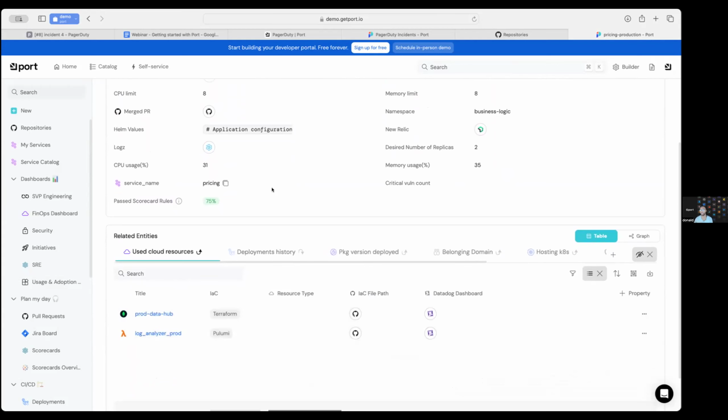So again, the point is you can make these very, very logical links and connections to related data in your organization, because it's not just all about the service. There are many other aspects of the service, many other things related to the services that developers and other users need when they're inspecting, solving problems, developing, trying to answer questions about these things. Okay,